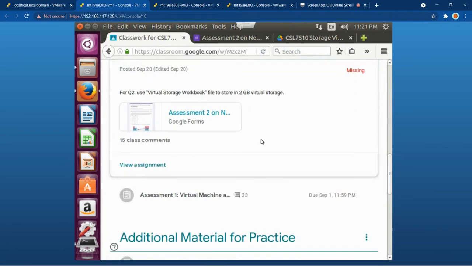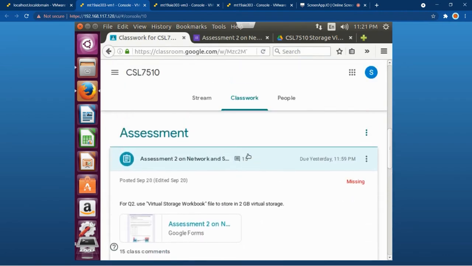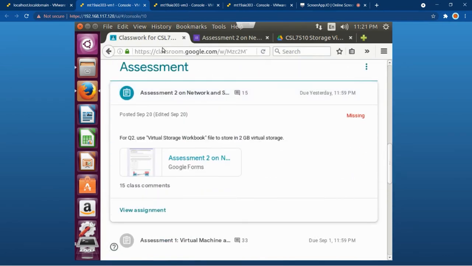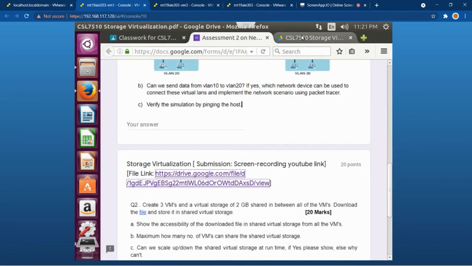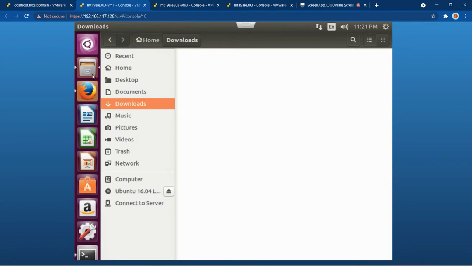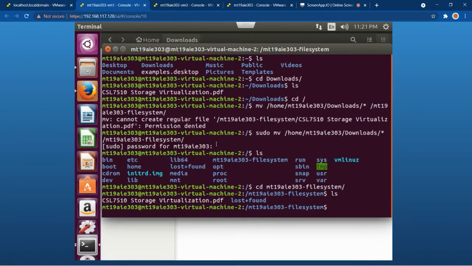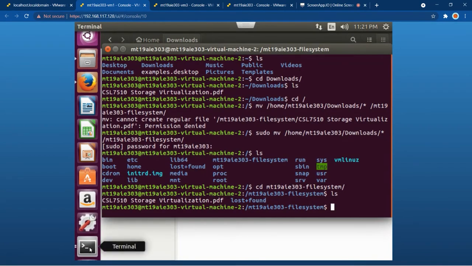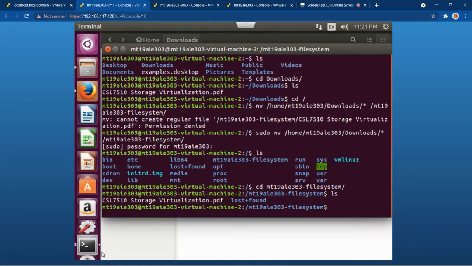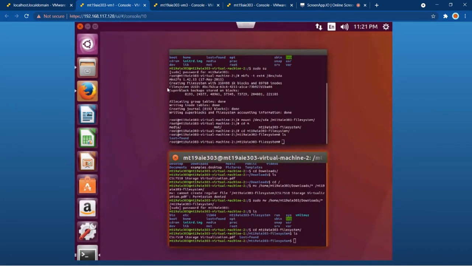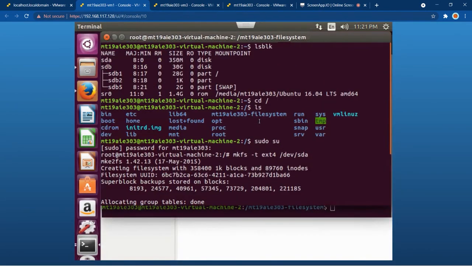So I have logged into the classroom from my virtual machine 1, and I've downloaded the file into VM1. And then I have run the following commands to mount my shared storage into my virtual machine 1.